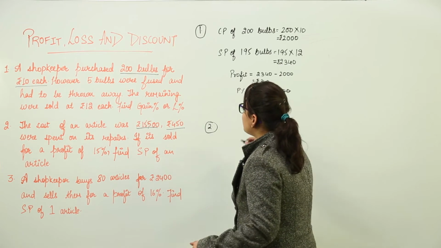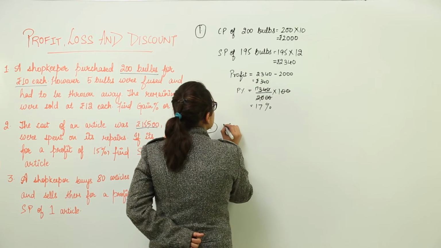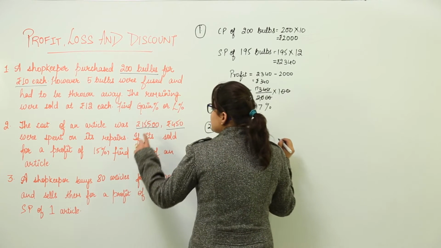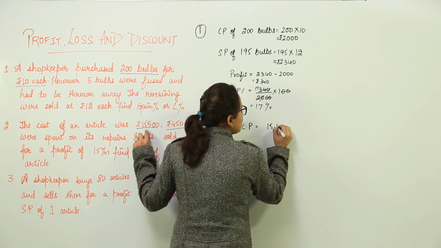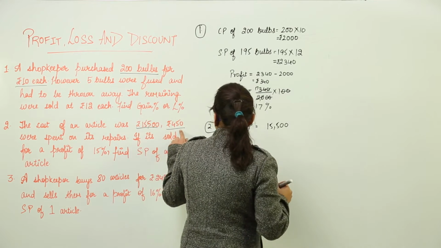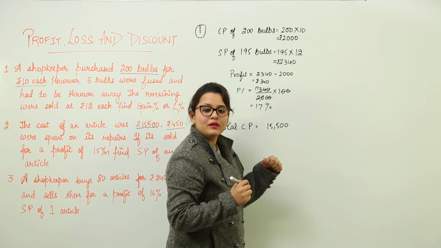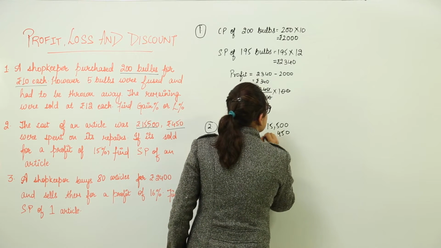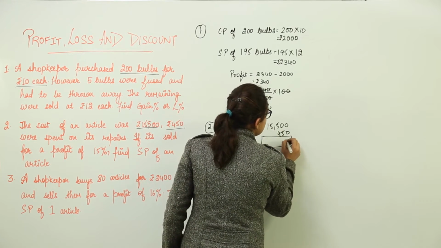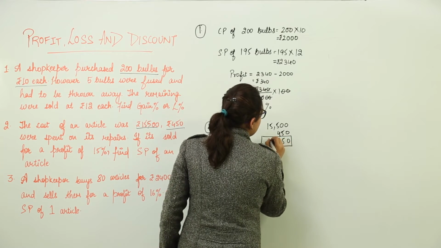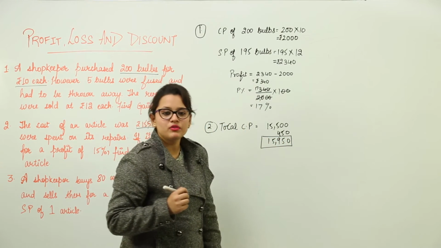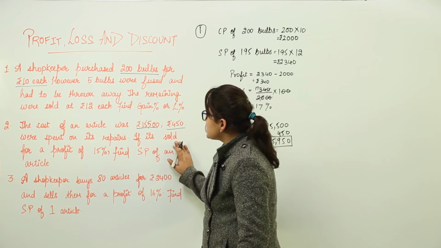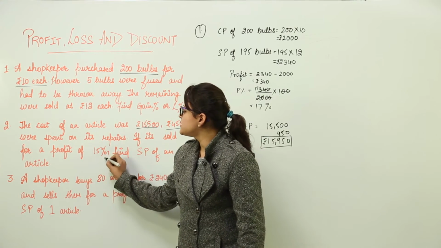So over here we can see that the total cost price, I would write the total CP would be the original cost price on which the product was bought, that was 15,500, and this was the cost spent on the repairs, right? So the repair cost will also get added to the same. So the total cost price comes out to be 15,950 rupees.